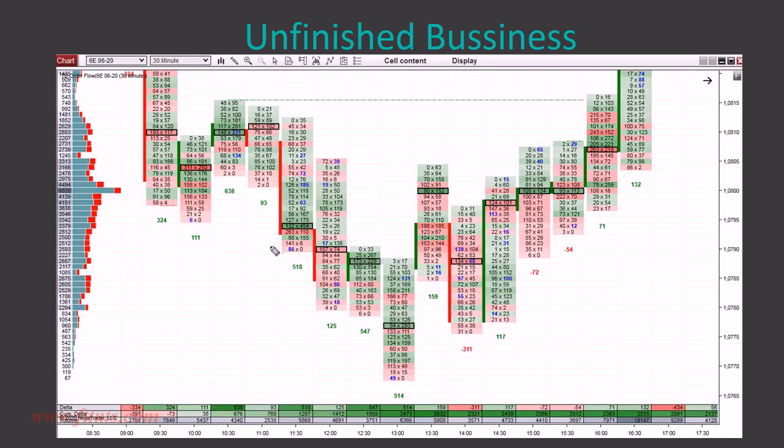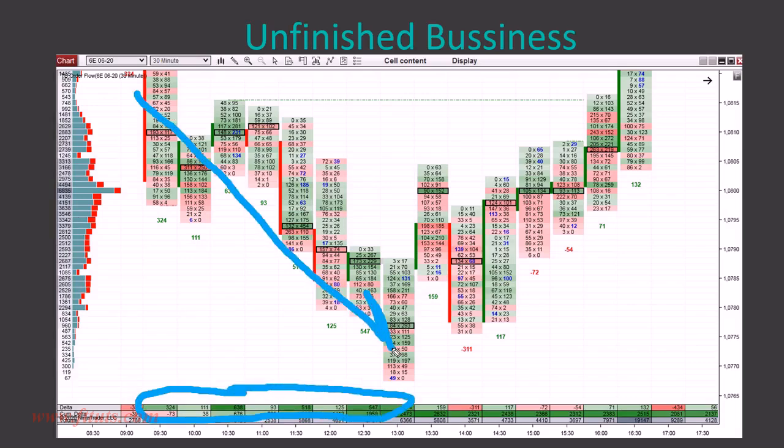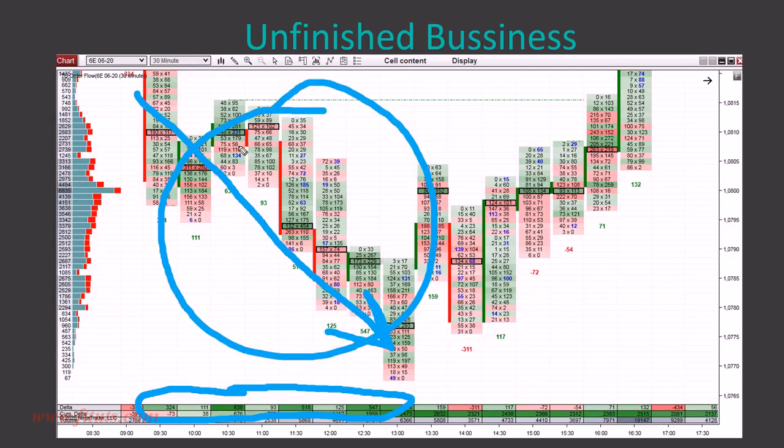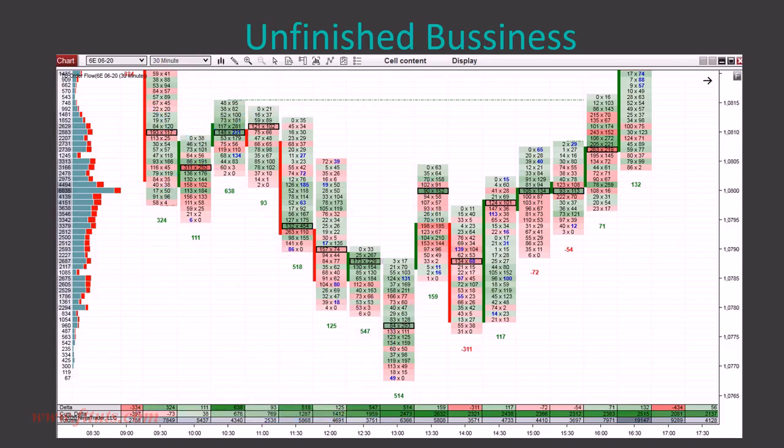Now, especially if you look at delta, in this case, it's pretty crazy. Look at that. Price is moving downwards and delta is in green numbers, which means buyers are entering in this area, in this downwards movement. This combined with the unfinished business in here should be a big warning for you, and you should be looking for a place to quit the short.